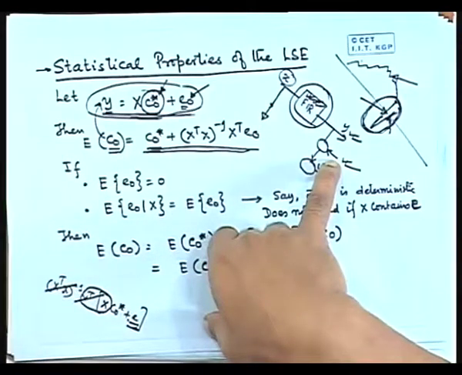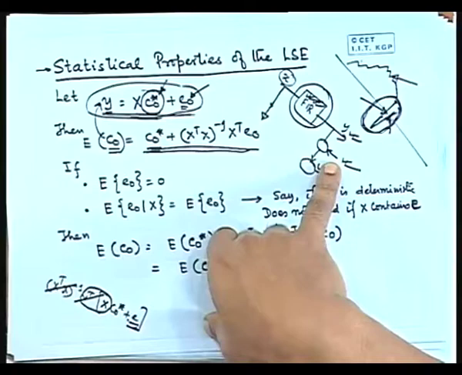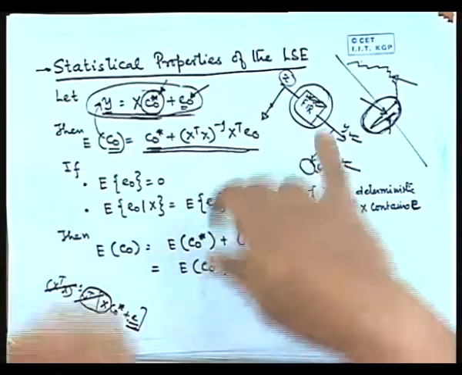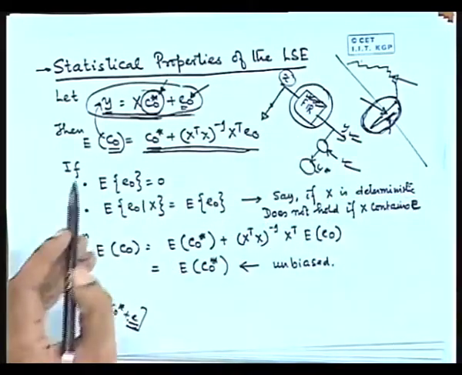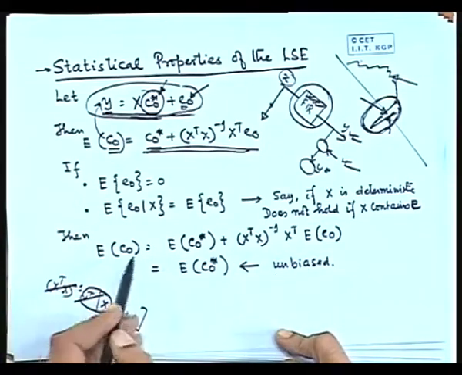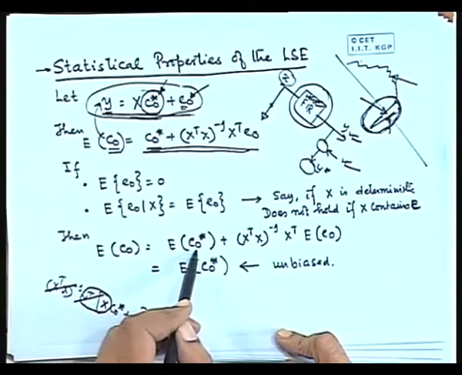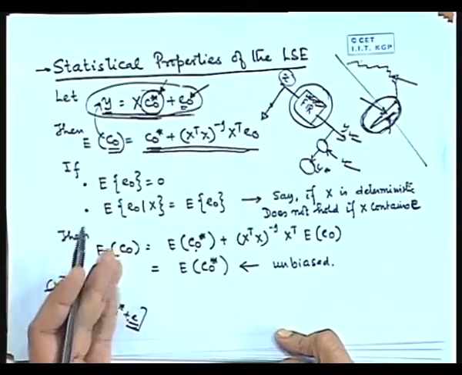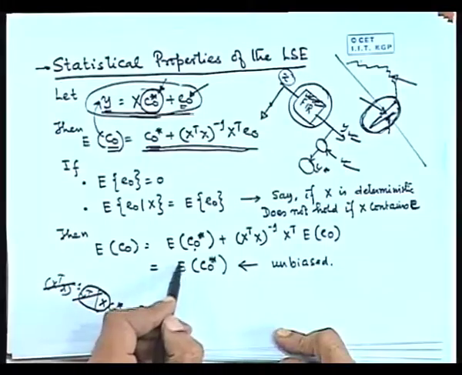Again, if we assume that, when do we say that obviously expectation of C0 is equal to expectation of C0 star? Now expectation of C0 star is C0 star, because we have used some values of coefficients to generate the data. It may be unknown, but it is constant, it is not varying. So therefore this is like C0 star,